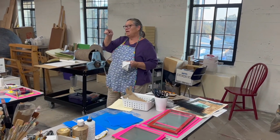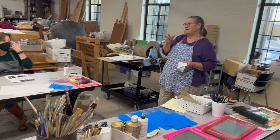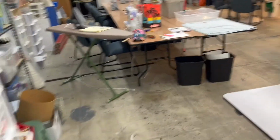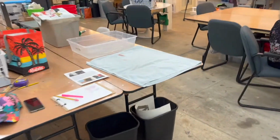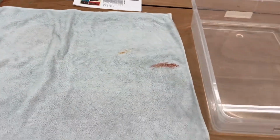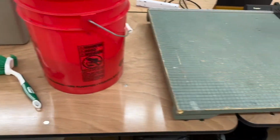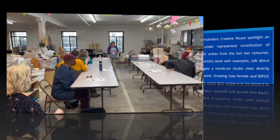So there's a cleaning bucket in back. I try not to use paper towels. We have tons and tons of terry cloth towels. So don't be afraid to use those to wipe off the paint and just launder them, and it's not so wasteful. But these, we should change out. But as long as they're clean, just leave them there. The gray thing you just showed us, is that in